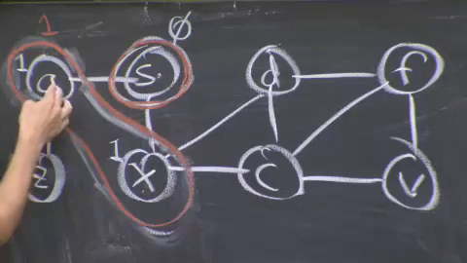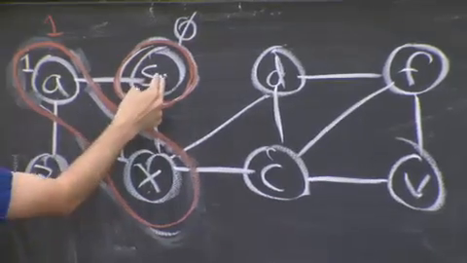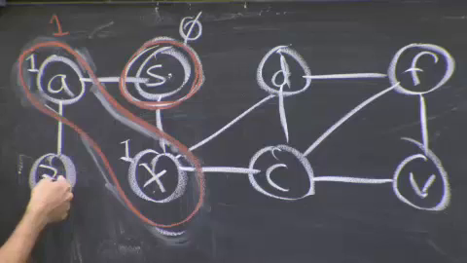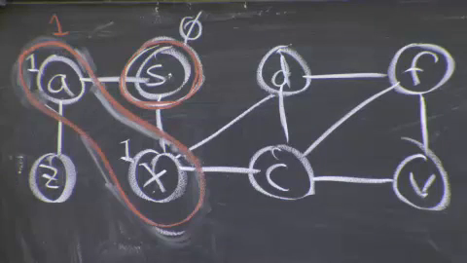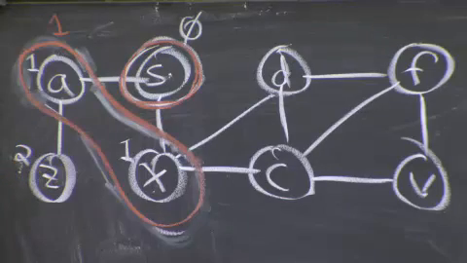And so we look at all the edges from A. That's going to be S and Z. S, we've already looked at it. It already has a level set, so we ignore that. So we look at Z. Z does not have a level indicated here, so we're going to set it to i, which happens to be 2 at this point.